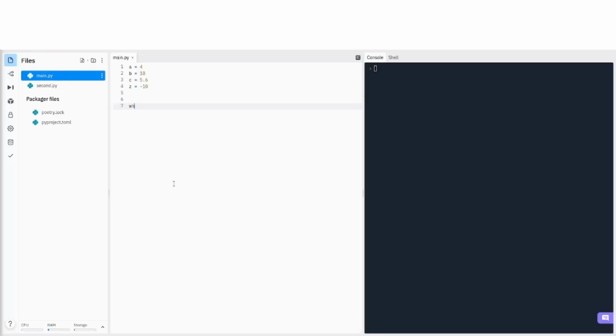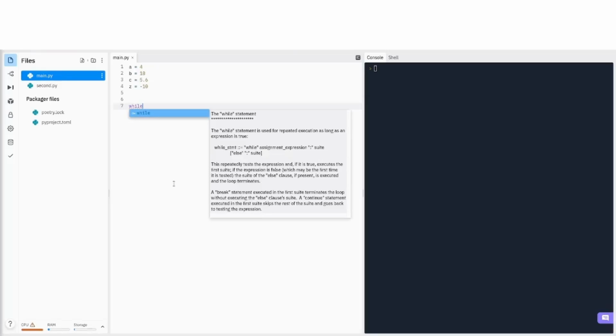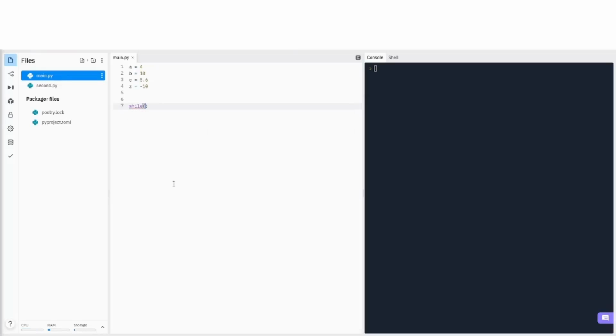So if we do while, and notice how if statements, while loops, for loops, they all are pretty basic in the sense that they're literally written the way we speak it. So while, let's see, let's make some new, more fancy variables, you know. So let's set a to 0, and then let's set end, which is another variable that we have made, to 20. And so let's just say while a is less than or equal to end,